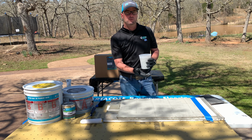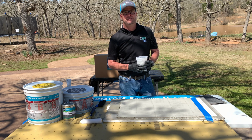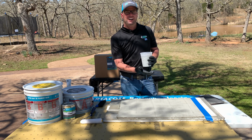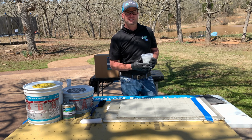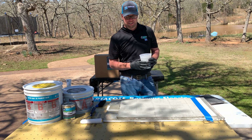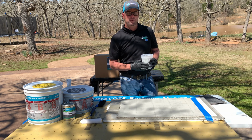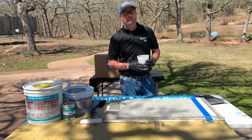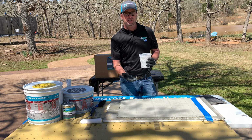We're back to our project where we're applying a SPARTACOTE Resinous system over existing tile. We've already prepared the tile and applied our 254 thinset over the top. We've done this to be able to fill in the grout lines and to give us a smooth coat. We're going to be using our VaporBand ER pigment base as our primer to go over the top of the